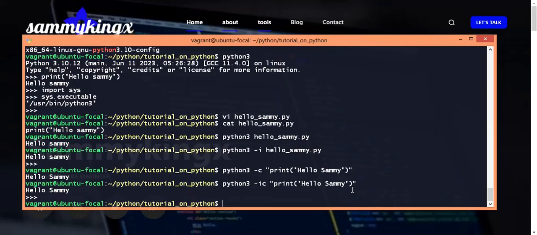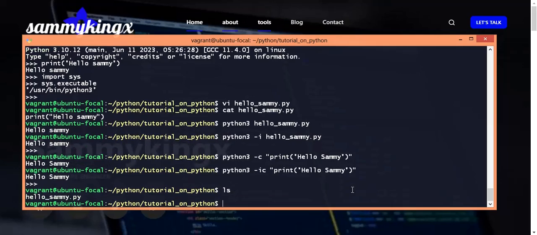All right, now the most popular way in which you're going to be running your Python file in the non-interactive mode is using the M option. Now, the M option specifies a module with which you're actually going to be running. So now, let's say, currently here I have just one file, which is hello Sammy, right? For me to demonstrate the M, I'm just going to use a module called